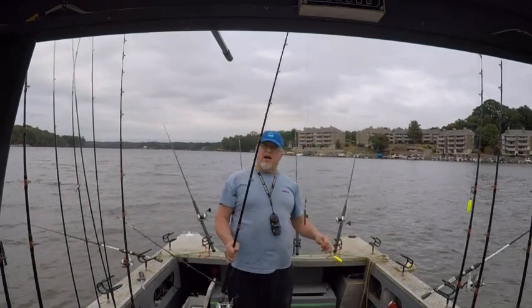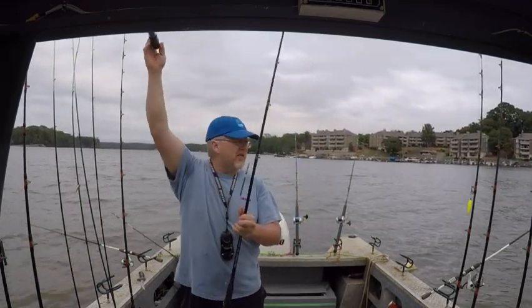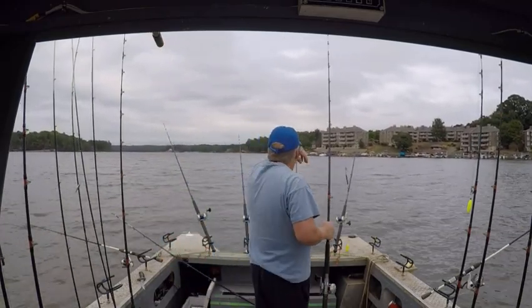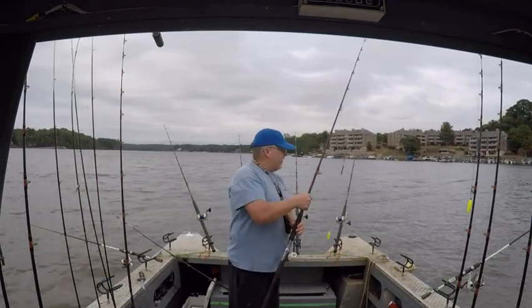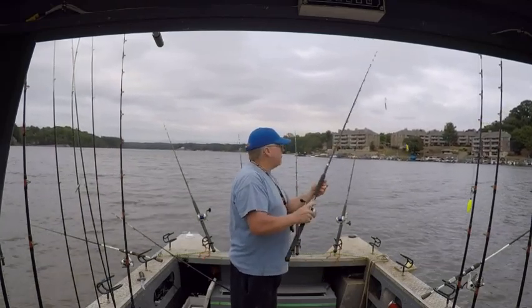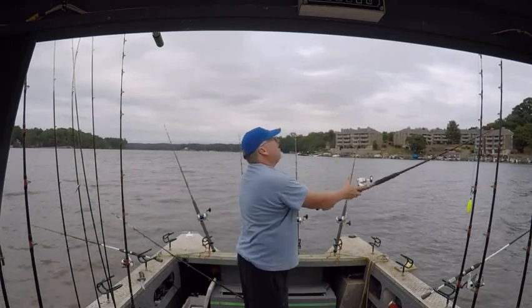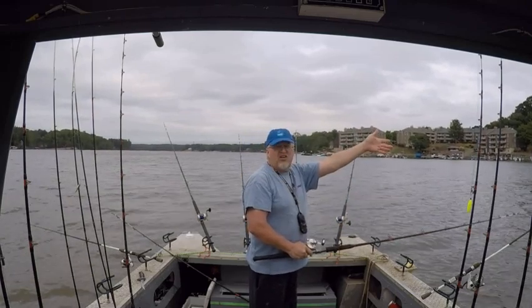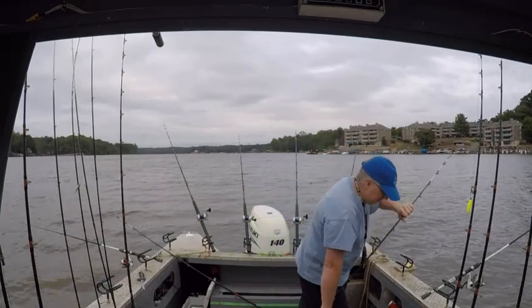But I'll talk to you about how I put my planer boards out, which everybody does differently probably. What I like to do when I put a planer board out, because my other lines are back behind the boat, is I'll toss my line straight forward, out about 30 yards, 40 yards off to the side of the boat. I'll let it sink to the bottom,